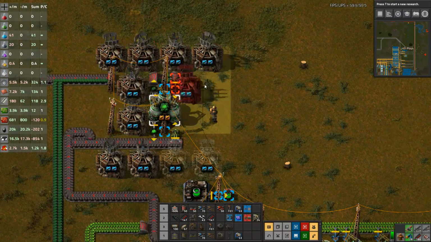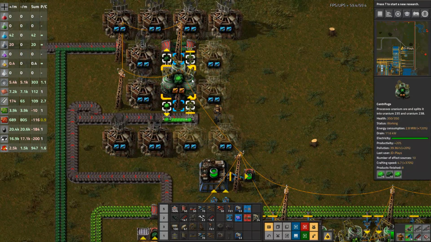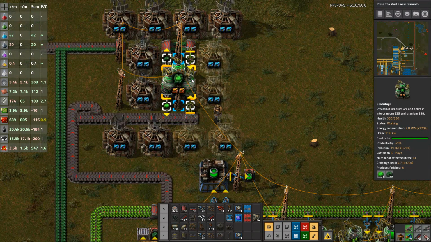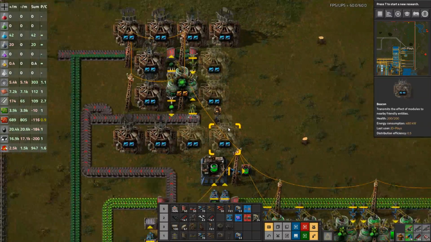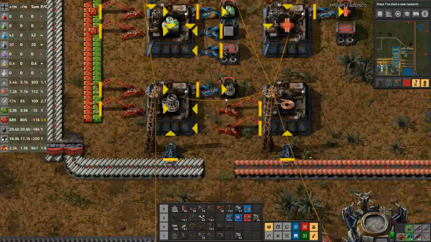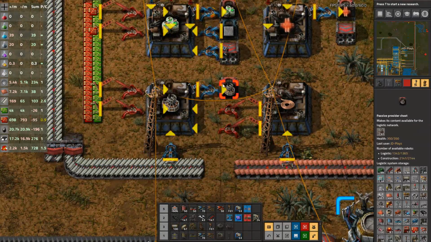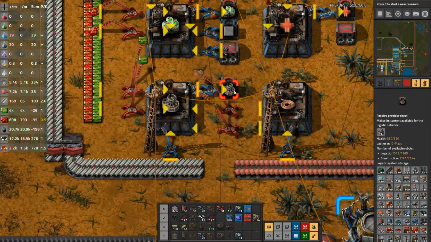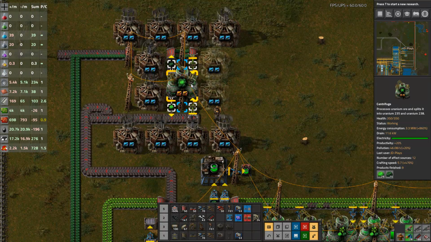Realistically... Oh, actually, realistically, I can put 2 more beacons in there and there. Now we're really going to start increasing that speed. We're actually waiting on beacons to be made. What is the story with our beacon production? It's just slow. No, there's 45 in the box. The bots are just slow. So now we're up to...